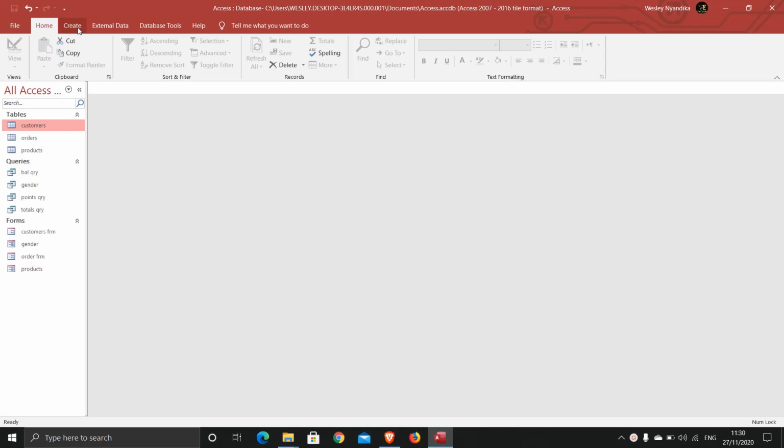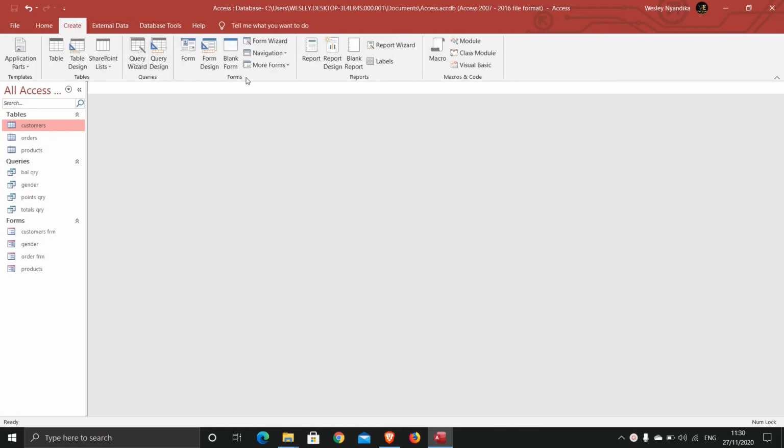Now, if you come to the Create tab here, you'll get this tab for reports here. Now, there are three ways of creating reports, and I'll explain each of the three ways using the tables here and the queries here. The first way is the automatic or the auto way using the report here. So this one creates a report for you automatically upon selecting the table or query that you want. So let's start with this, then we move on to the others and see.